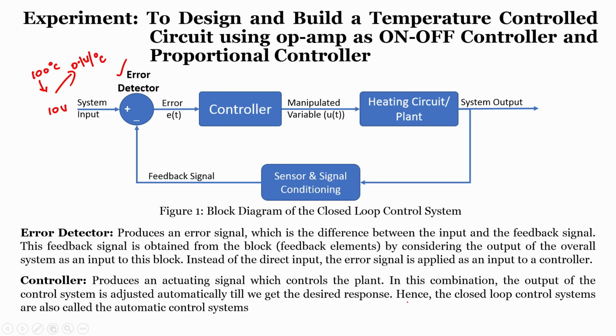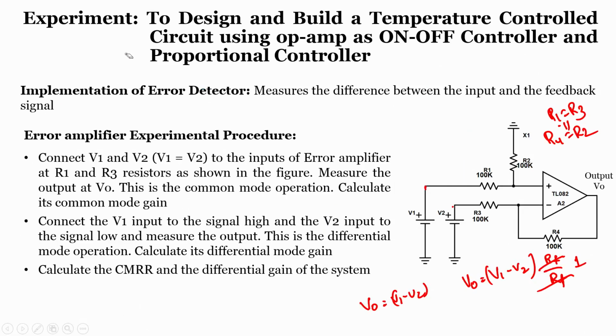When we recall our system, we do not have to apply any gain. Whatever input I have has to be subtracted with the feedback signal, and I have to get an output, which we call an error, right. So, in order to do that I do not need any gain. Since I do not need any gain, I am using all the resistances of the same value.